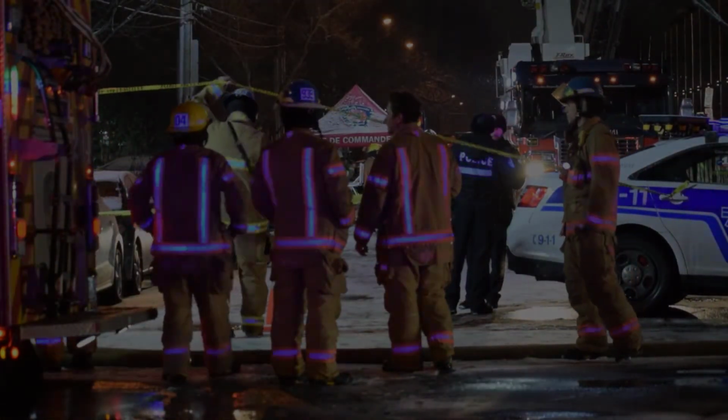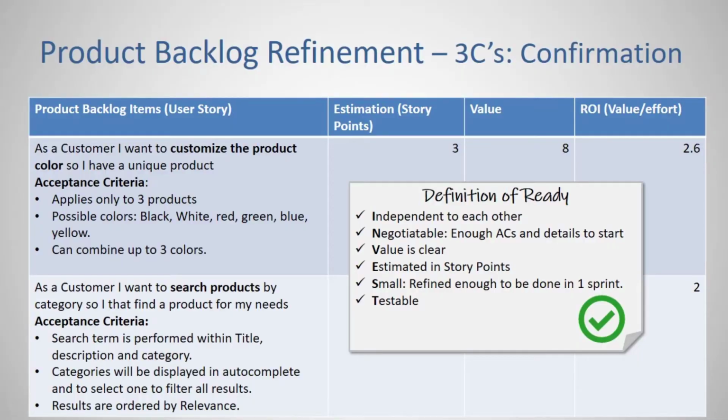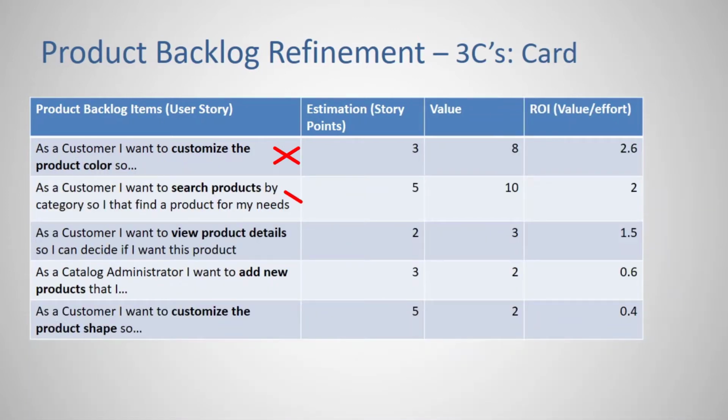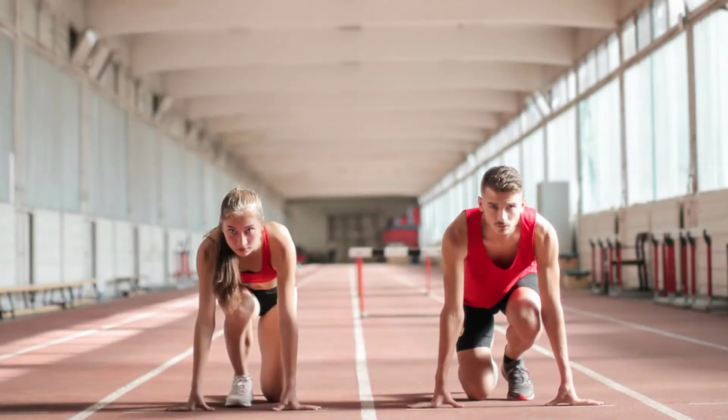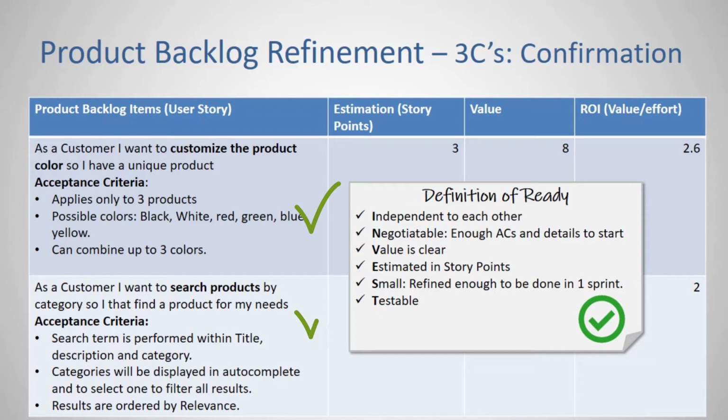So you know what? You're not ready for this. Yes, you are not ready for that, because you need the definition of ready. The definition of ready is an agreement of the team of when a story is ready to be added to a sprint. Being ready means that the team feels ready to start with a certain user story, like athletes being ready to start a race. Only user stories that are ready can be added to a sprint backlog.